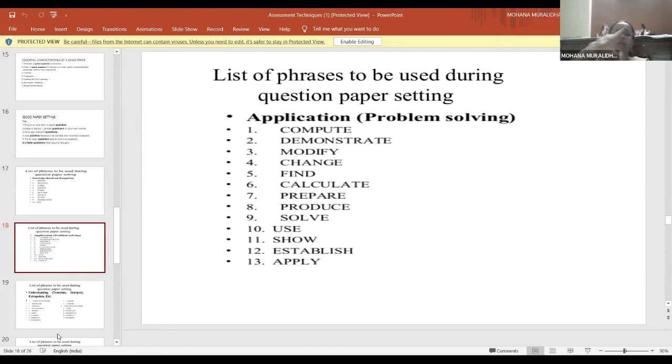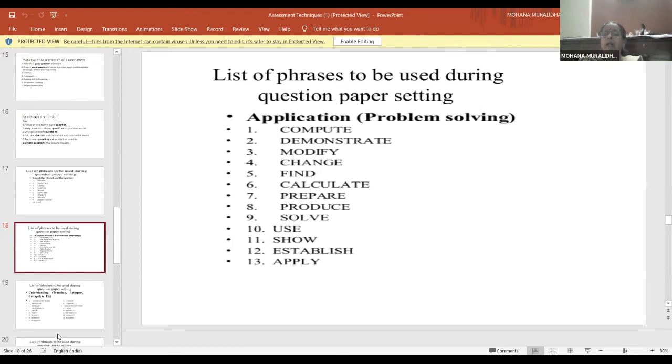Now next coming to the application level. The application level should be problem solving type. Compute and calculate பண்ணி எடுக்கறது. Demonstrate, modify, change, find, calculate. நமக்கு எல்லாம் use பண்ண முடியும். Prepare, solve, show, establish, apply. இதெல்லாம் application level. Maybe something like calculate the area of the triangle, compute the perimeter, calculate the perimeter,